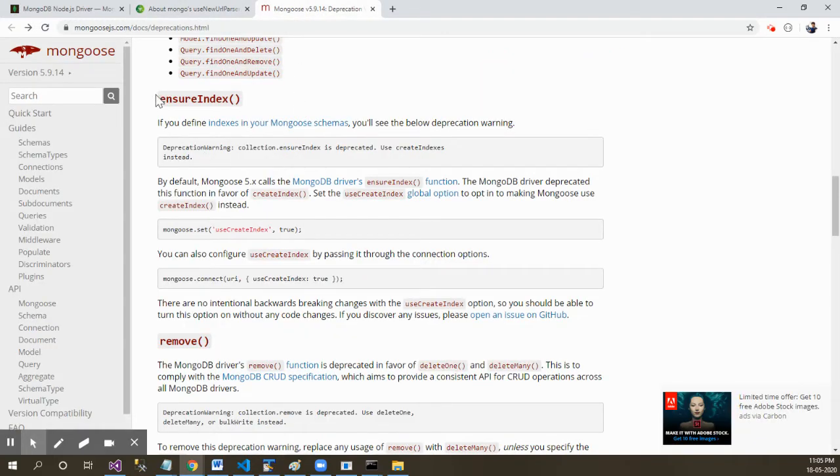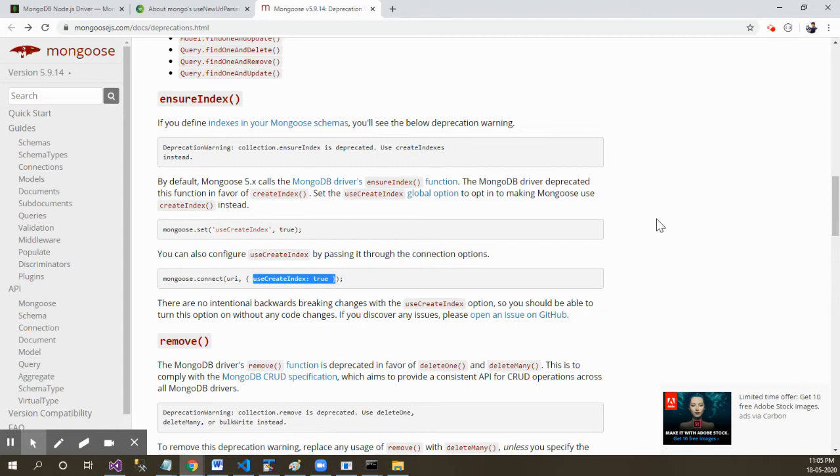Similarly, the previous property for ensureIndex is now modified by Mongoose. So you need to go through the documentation of Mongoose and see that the parameter for it is useCreateIndex equals true. I would suggest you go through the documentation, because these things would change in the future.